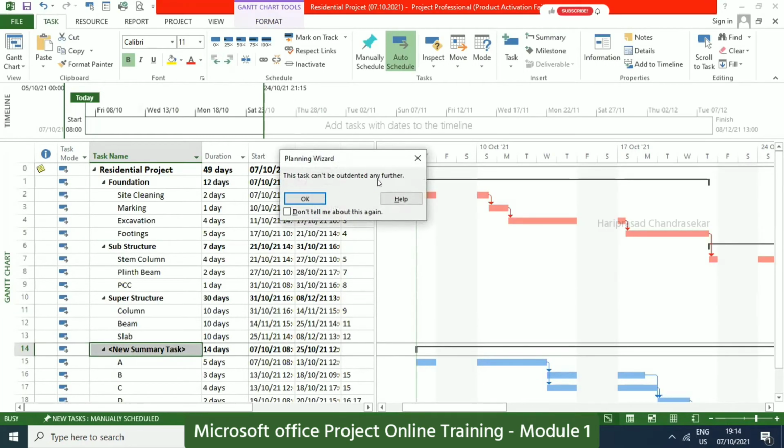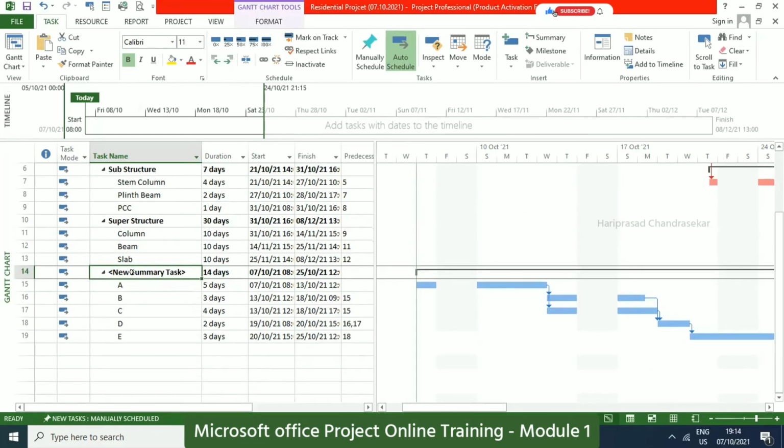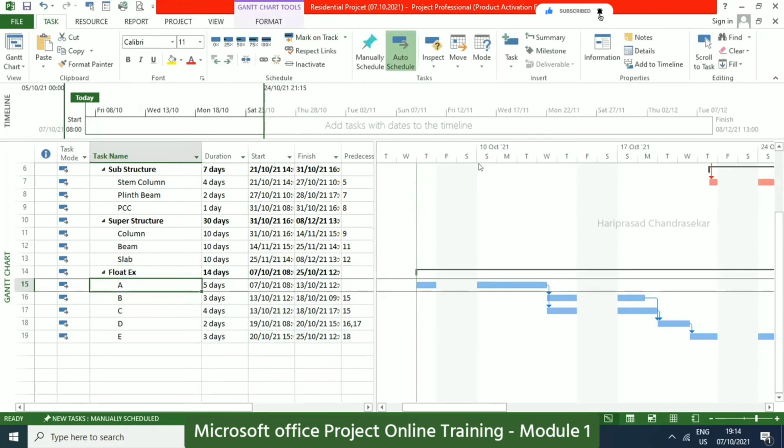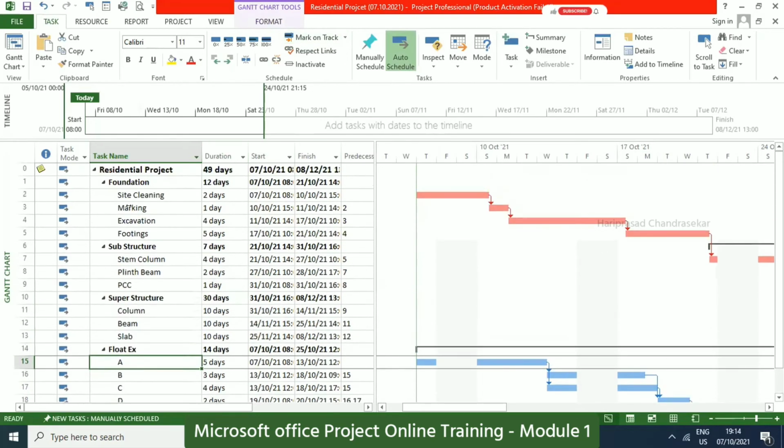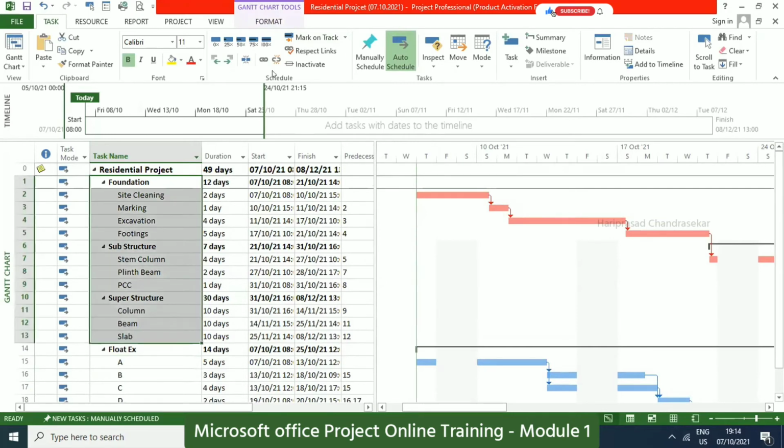This task can't be outdented any further since we have a summary now. Okay. This we will put as an example. Then we need to go here. And why is the critical path not showing? Since we also have this one, I want to make this inactive. What I'm going to do, I will just select everything, and here you have inactive.